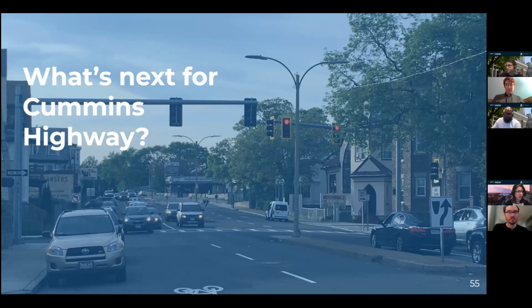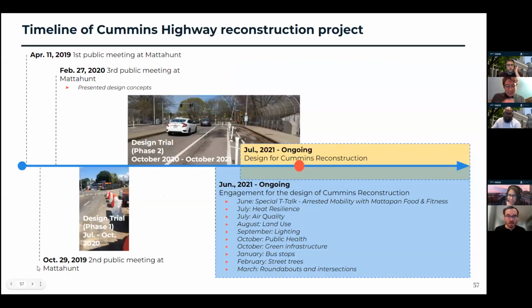Okay, how many public engagement efforts have been held so far? Jen, do you want to take that one? Actually, I can. Yes, and if you could advance to the